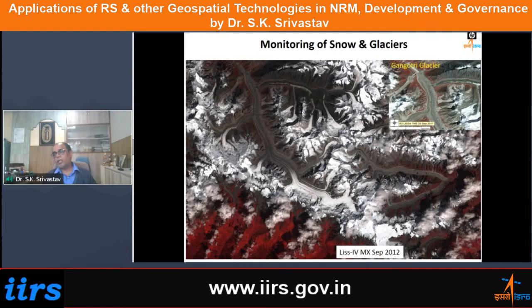people run the snow melt runoff forecasting model or any other hydrological model and come out with an estimation of the kind of flow which will be available through snow melt or glacial melt runoff. But one of the most important inputs required in these models is the areal extent of the snow cover, and also the glacier cover.